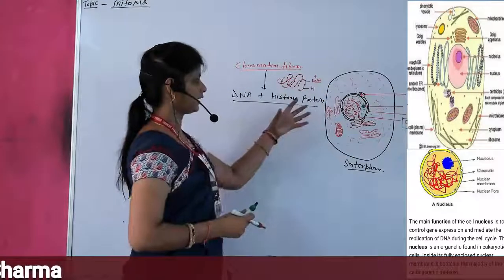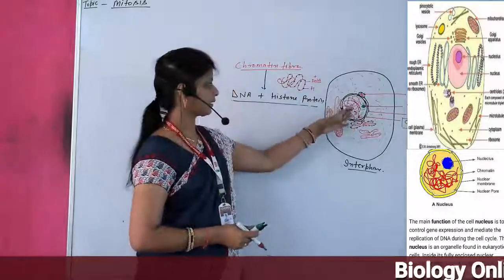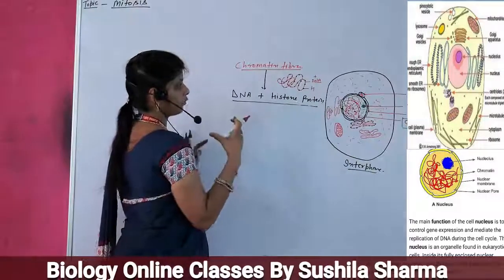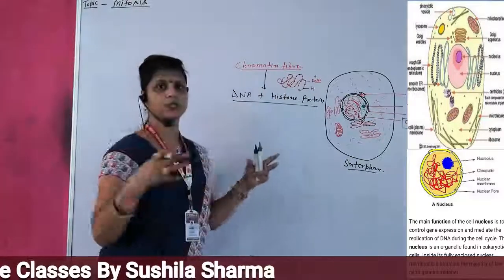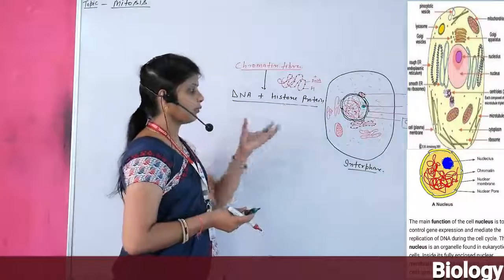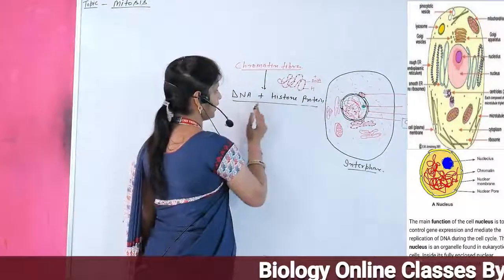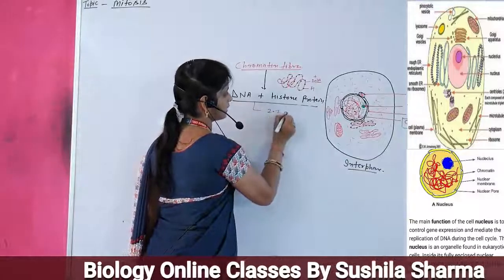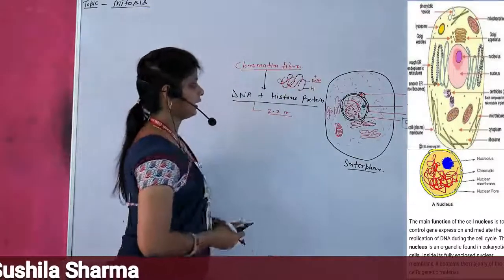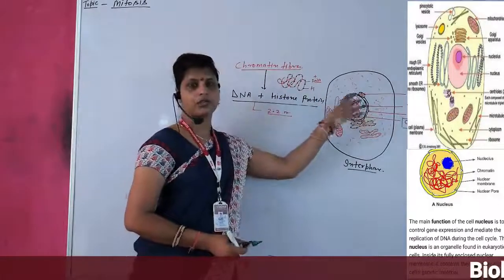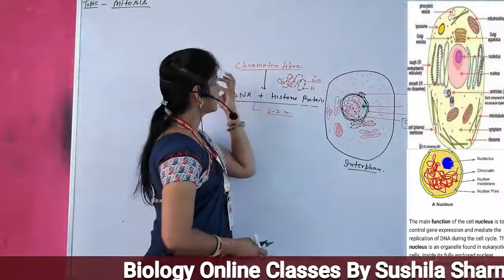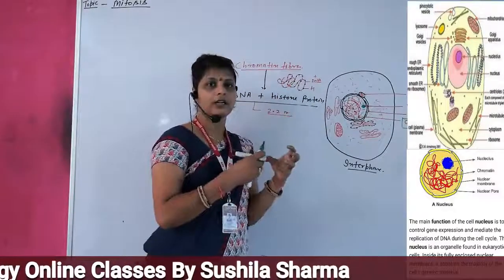So chromosomes are present in a thread-like structure which is known as chromatin fiber, and DNA plus histone protein combine and form it. It means in chromatin fiber all chromosomes combine with each other and are present as a thread-like structure. Why do they present as a thread-like structure? Because in a human being the DNA has approximately 2.2 meter length. 2.2 meter length of DNA is present in a human being, and the dimension of the nucleus is very short. That's why the formation of chromatin fiber is required, and it is present in an intertwined